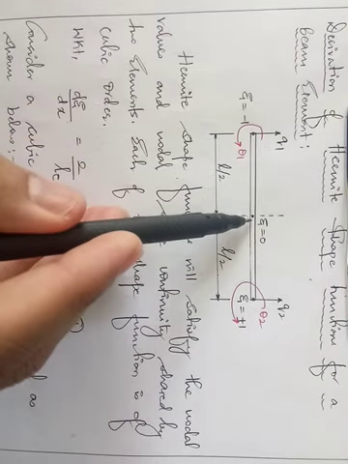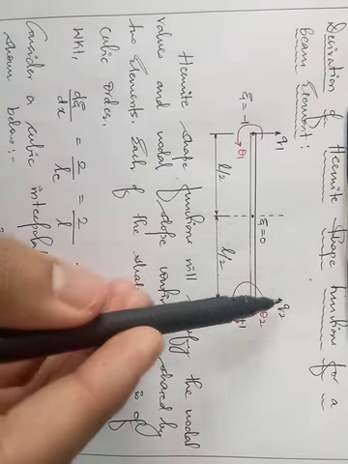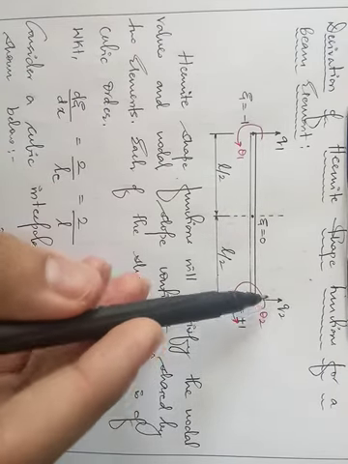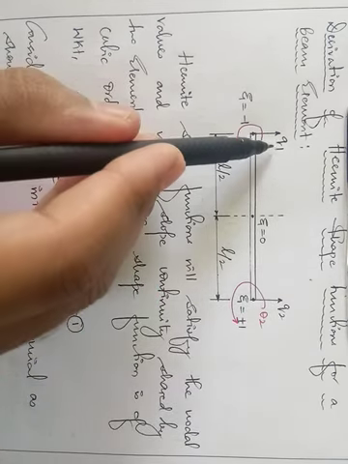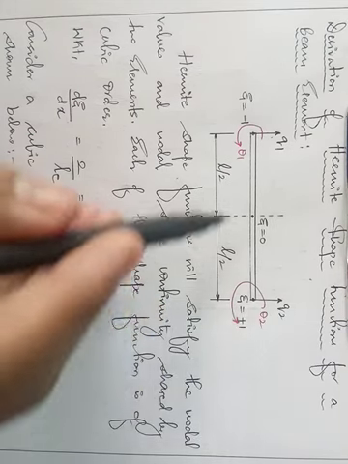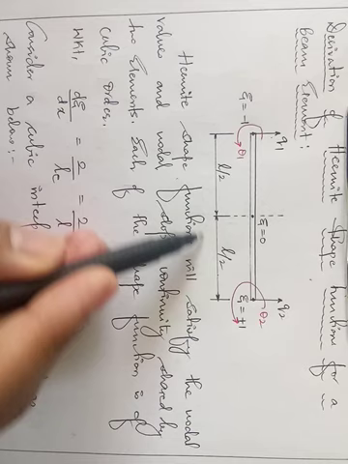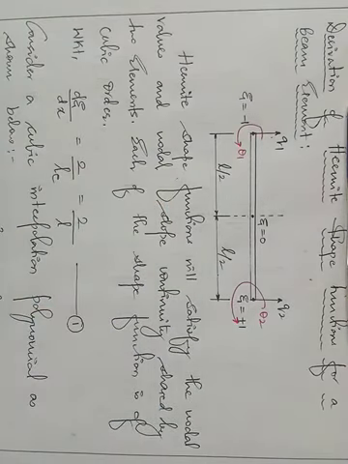Whenever you apply a load, if it is going to deform, then at this end and at this end you will be having a transverse displacement, or you can also call it vertical deflection. So I have shown it as Q1 and Q2. Whenever you apply a load, it is going to deform, and these two extreme ends will be vertically displaced. So I call it transverse displacement, and it is indicated by Q1 and Q2.